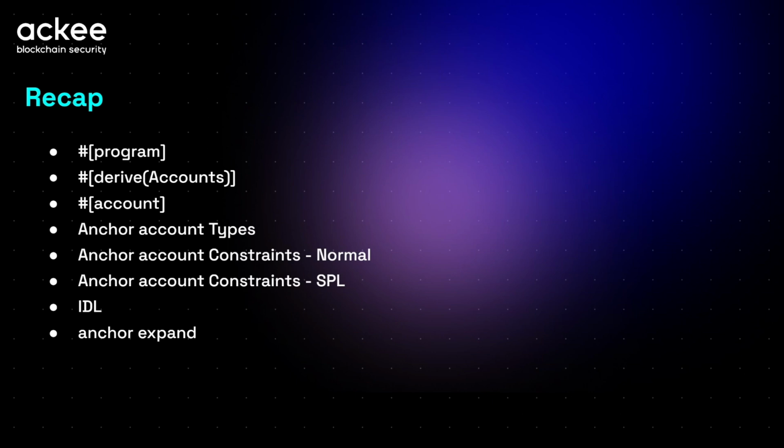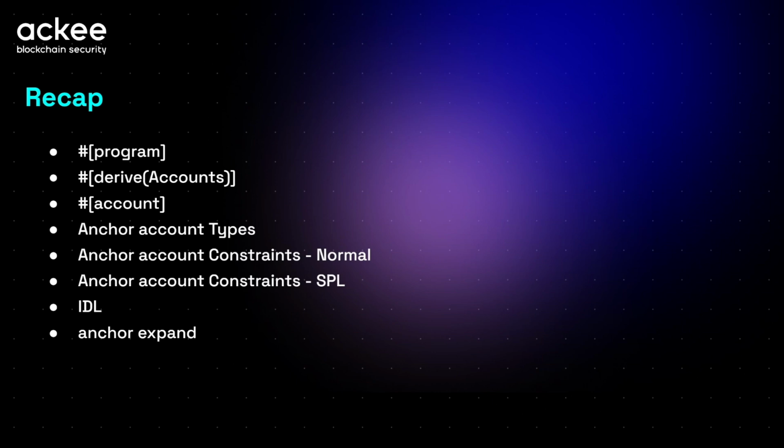If you do not know what is actually happening in the program, or you are not sure what is happening under the macros, you can use this command. You can check what the expanded code looks like, and then based on that you can continue auditing the program with a better understanding. At the end, this expanded code is compiled to the binary, to the SBF target, and this binary is then deployed on the mainnet.